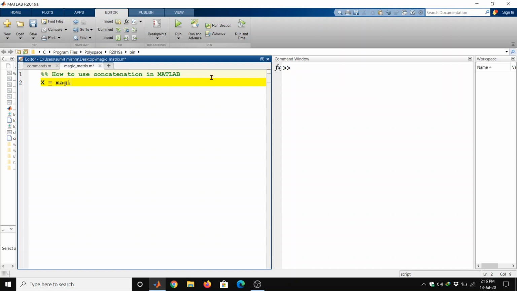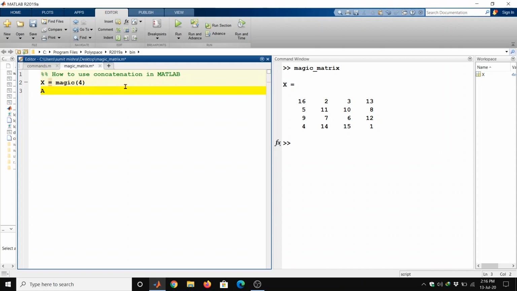Now I am creating a matrix of dimension 4 by using the magic function. Now we can use another variable capital A. Now I am adding 4